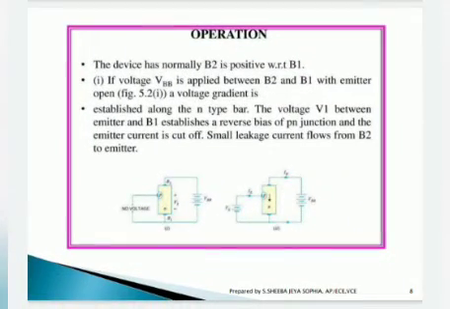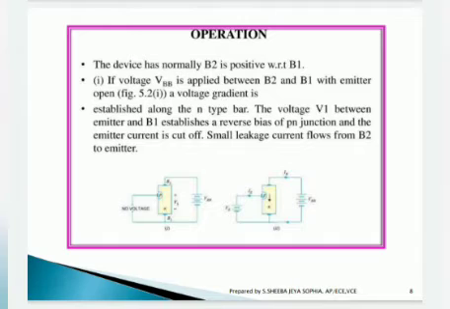Moving to the operation of UJT, the device normally has B2 positive with respect to B1. If voltage VBB, that is base to base voltage, is applied between B2 and B1 with emitter open, a voltage gradient is established along the N-type bar. The voltage V1 between the emitter and B1 establishes a reverse bias of the PN junction and the emitter current is cut off.